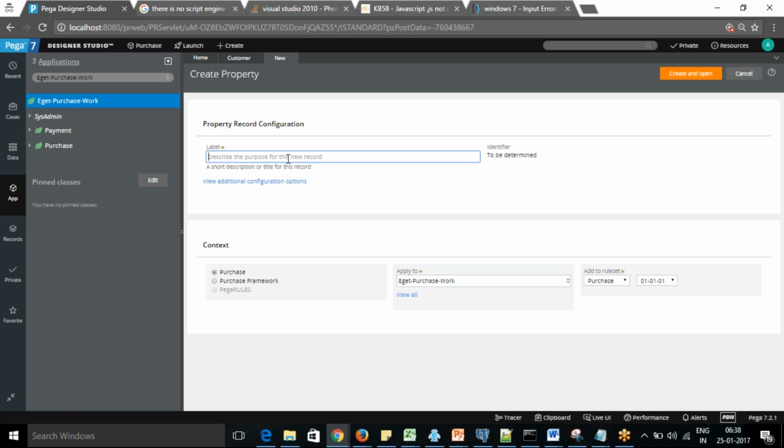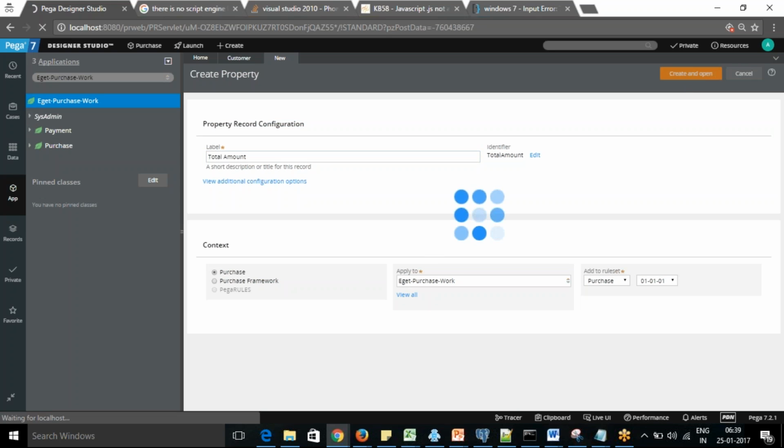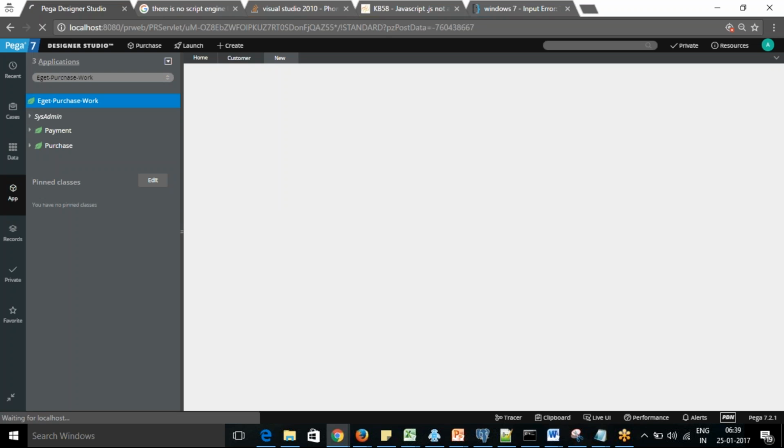Let's say we are maintaining a total amount. So this is the property we are going to create in this place. When you are creating the property,